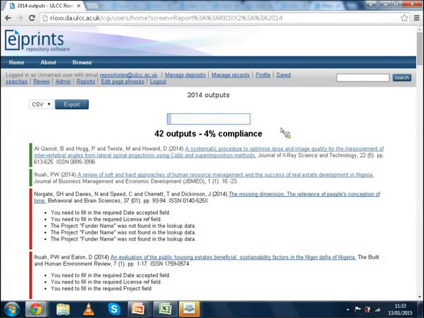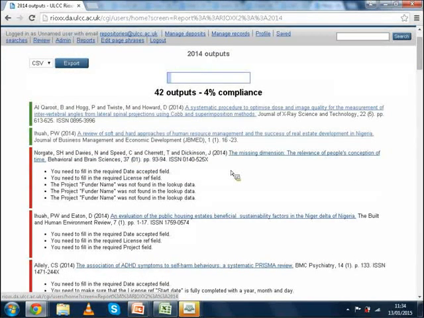So what we've got here is a repository that just happens to have 42 outputs that were published last year. You can see that the top 2 are compliant with REOCs, and the remainder of the items published in 2014 are not compliant. And for each one that isn't compliant, you can see a list of problems that the system has detected. So if we go in and have a look at one of the ones that isn't compliant,